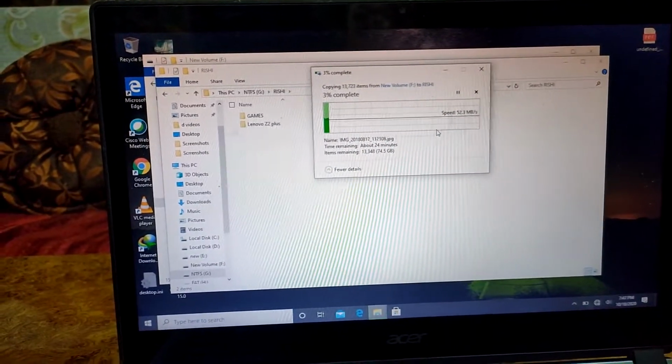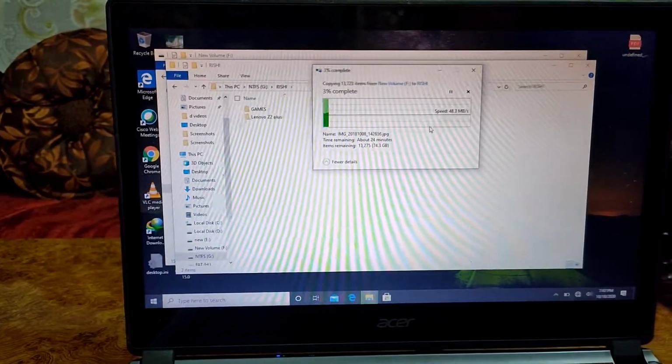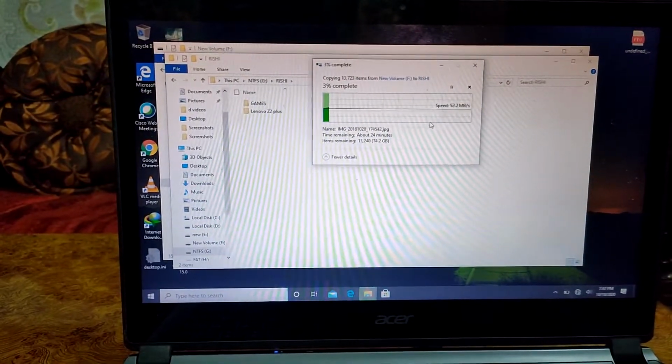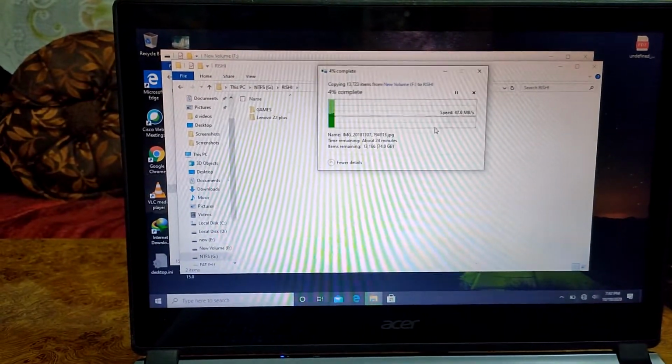So in this Big Billion Day sale, the hard disk which I bought was around 5 TB, and it is pretty impressive. It was from WD. You can check this out.